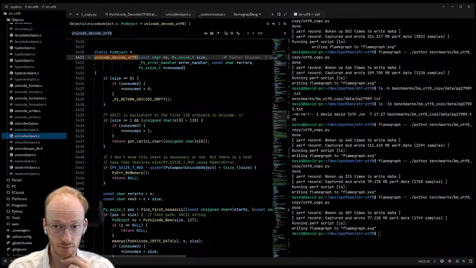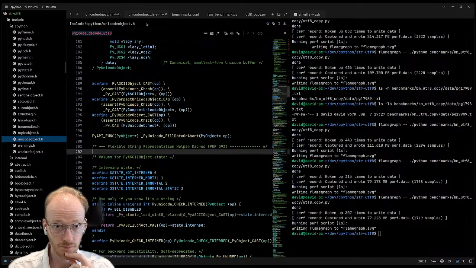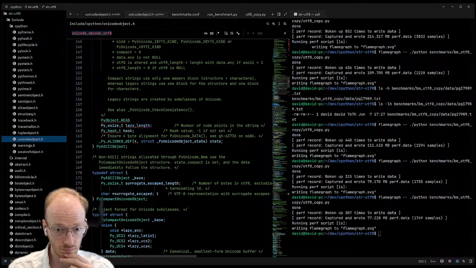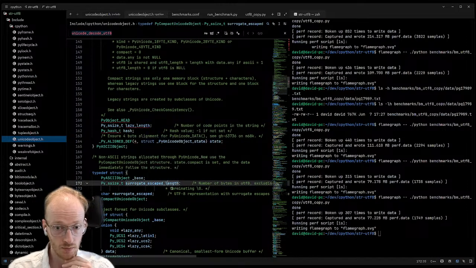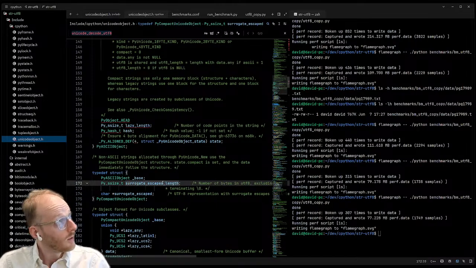And we want to store the bytes that we read from a UTF-8 encoded file, which are possibly not valid UTF-8. And if they're not valid UTF-8, you can get a Python string out of them.